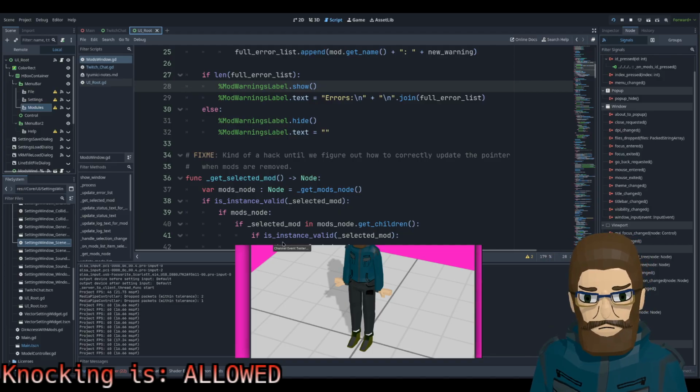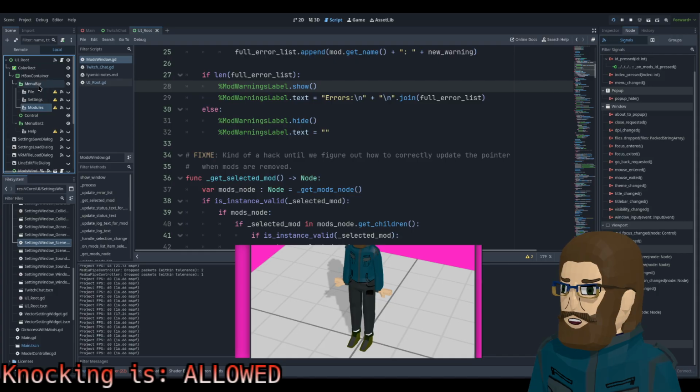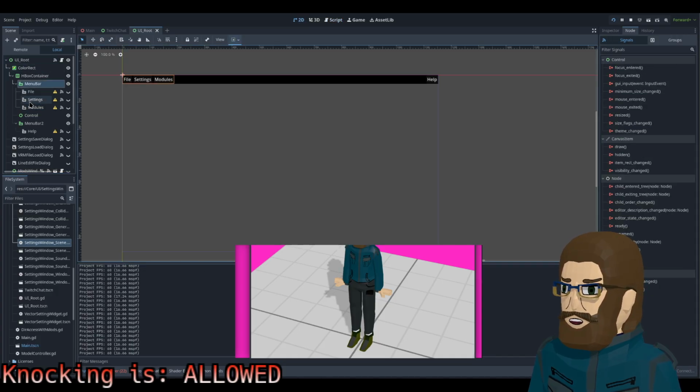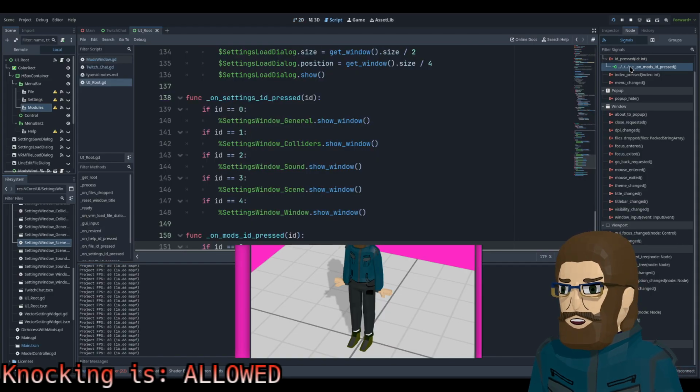Yeah, see, click. So that's what this thing is, right? If we go back to the 2D modules, UI ID pressed int, on mods ID pressed. Yeah, then it goes into this.